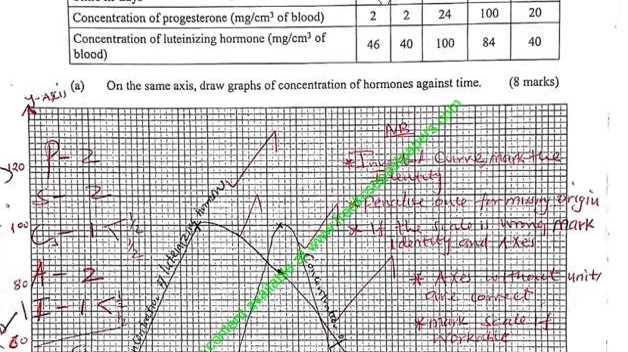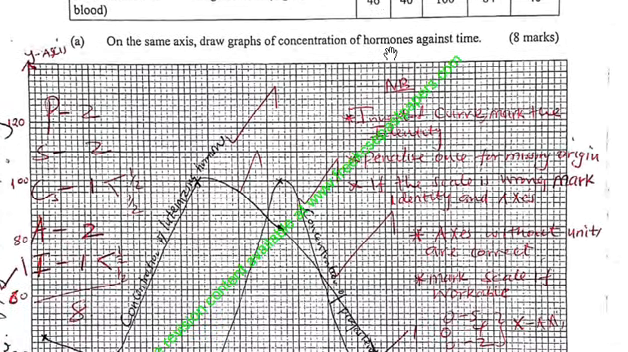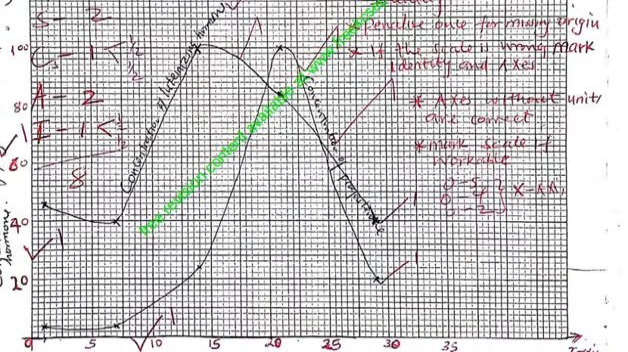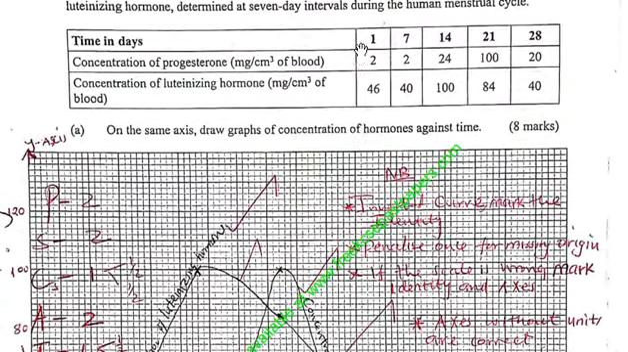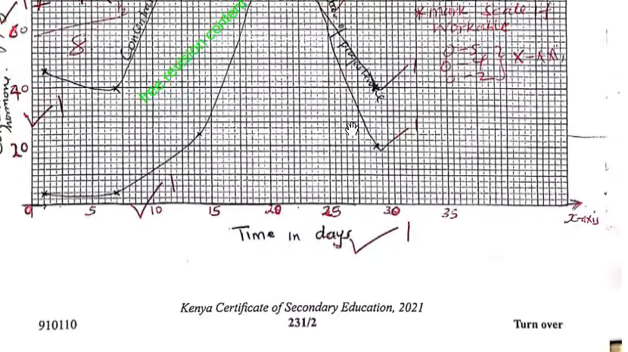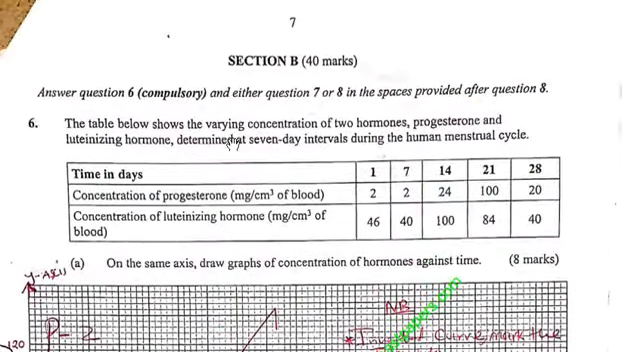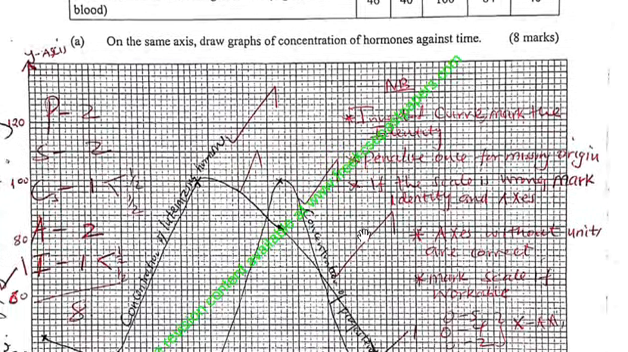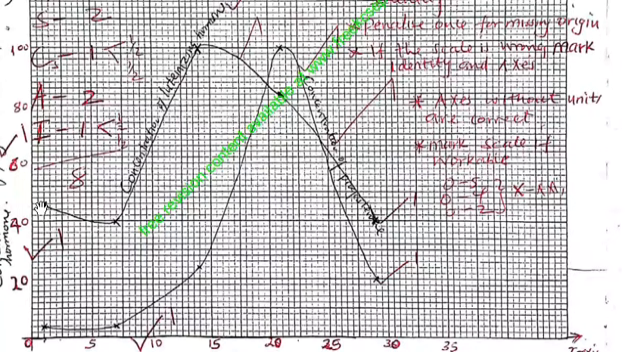For example, time in days 1, when I look at concentration of progesterone, it is at 2, then luteinizing 46. For example, 1 is here, time in days 1. When I look at concentration of progesterone 2, I need to see the plotting point here at 1 and 2, and then at 1 and 46 for luteinizing hormone. Let's look at 46. 46 is here. That is how you plot. You use a small cross